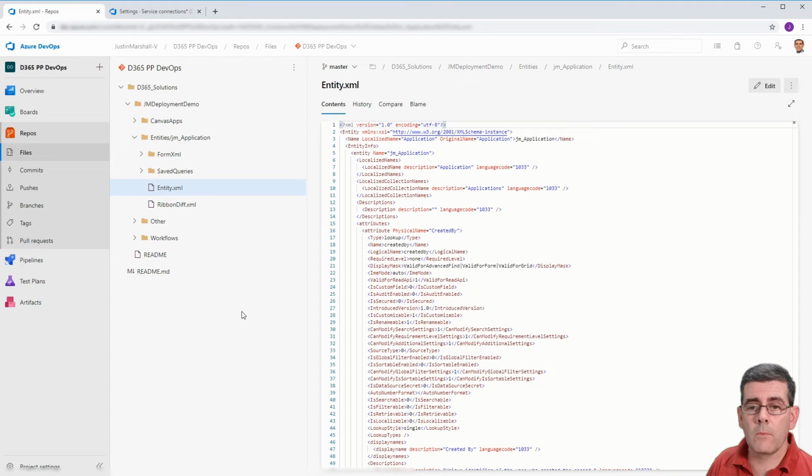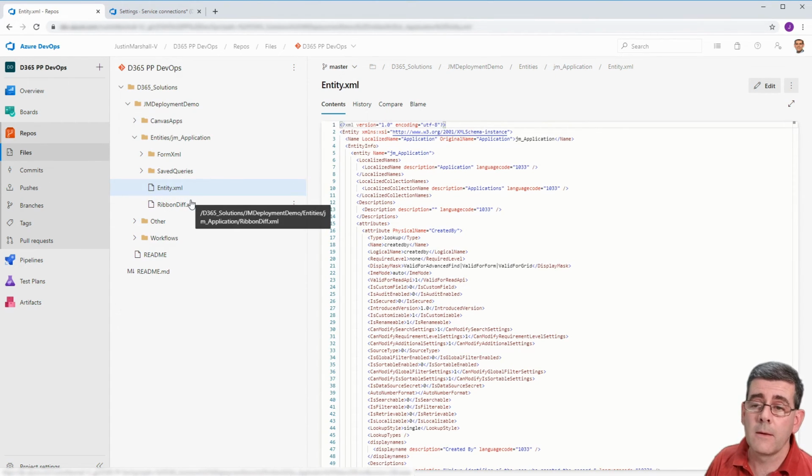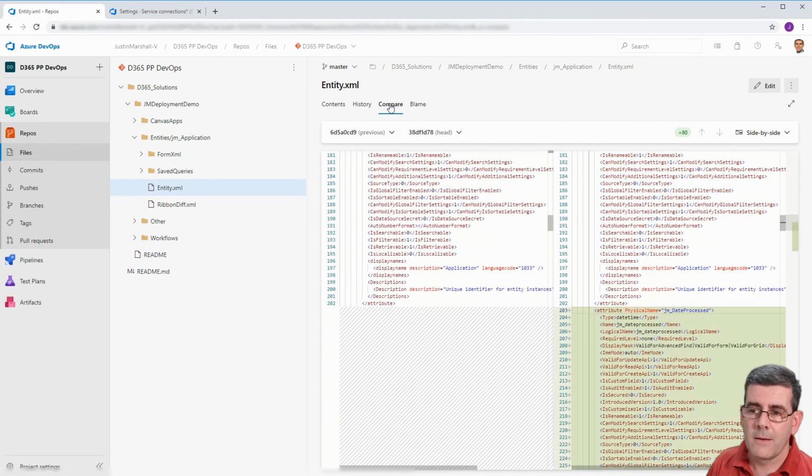So by coming back into the repo area, I've come down to the entity.xml file, which contains the definition of my entity. And if I have a look at history, it shows me that there's been 2 commits for this file, and I can go back and compare. And so what it's showing me is the previous version, and the head is the current version. So on the left is what was there before, on the right is what has changed, and it's showing we've got